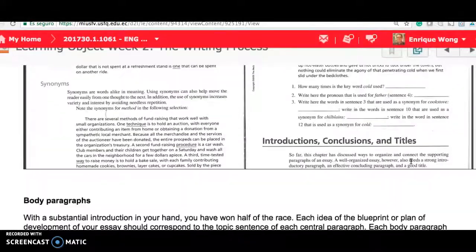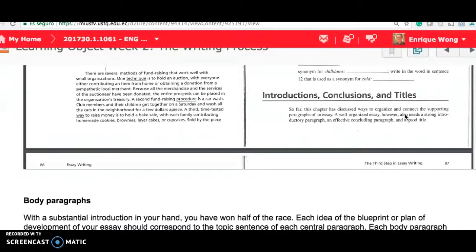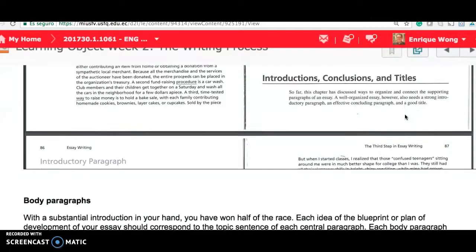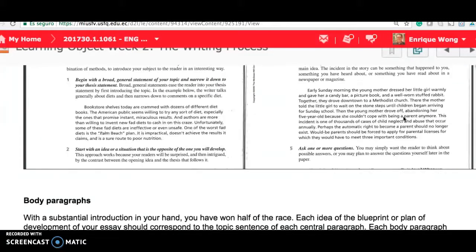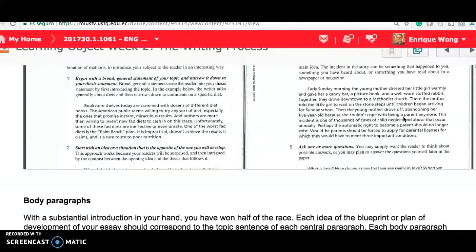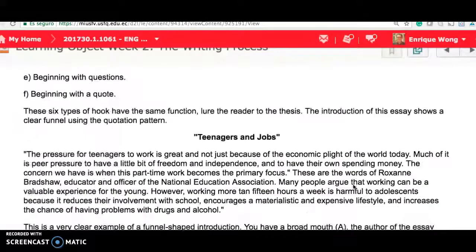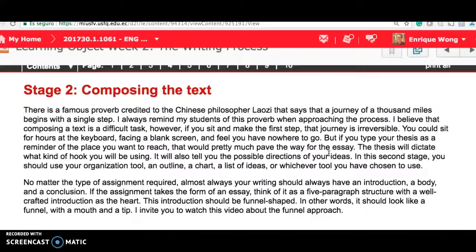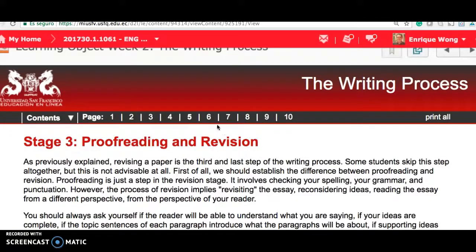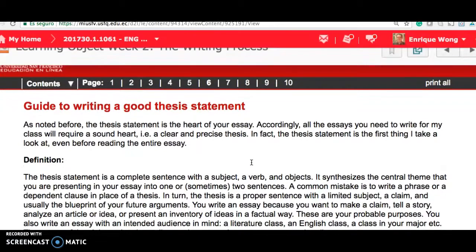You also have a fragment, an excerpt from John Langan's book, College Writing Skills with Readings. And this is very interesting because John Langan introduces the different patterns of introductions, and you're going to be using this in the second partial test in week 5. After that, you get to one section which is not in your book, and that's why you have to read the section here, and it's about the thesis statement. It's on page 6 of the learning object, how to write good thesis statements.